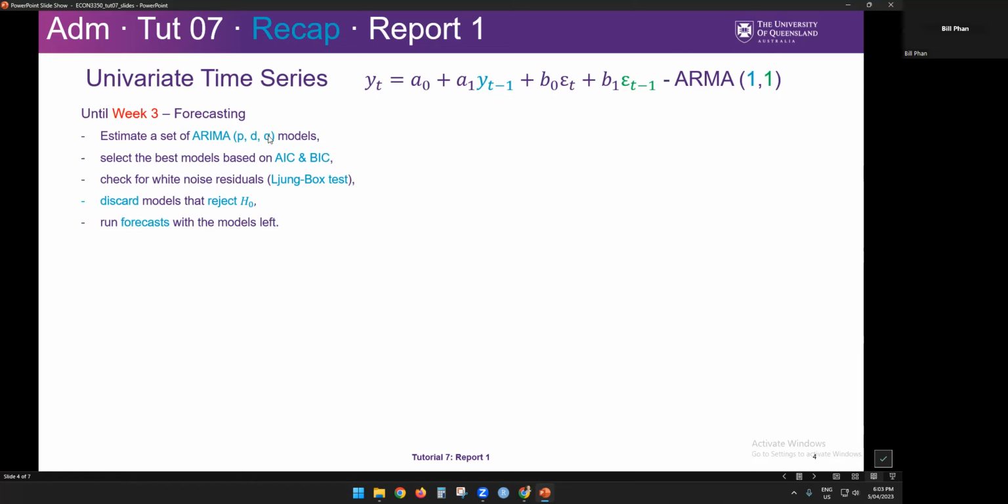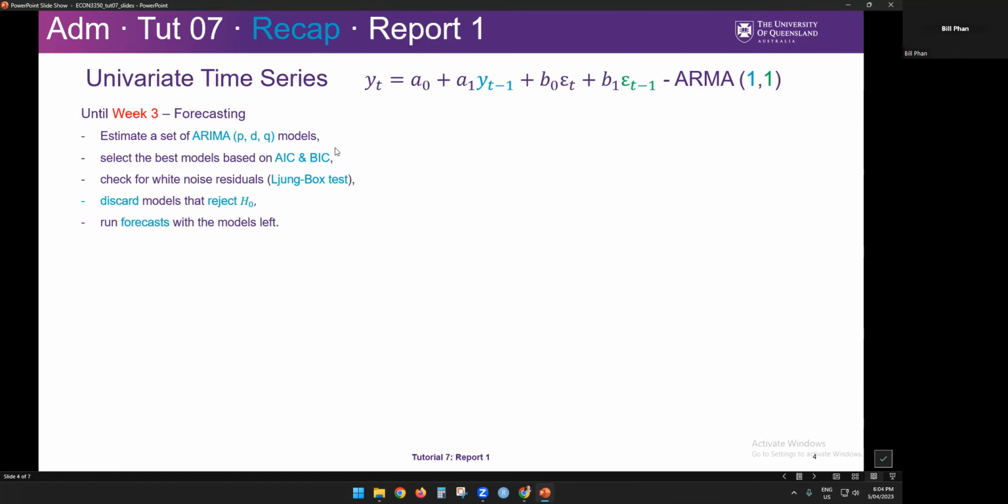We have q's for lags of MAs, as we have here in green. And we also were dealing with some i's for integration. So it was d equal to 0, equal to 1, sometimes even more than 1. That's what we did. With a whole set of models, we would select the best ones based on